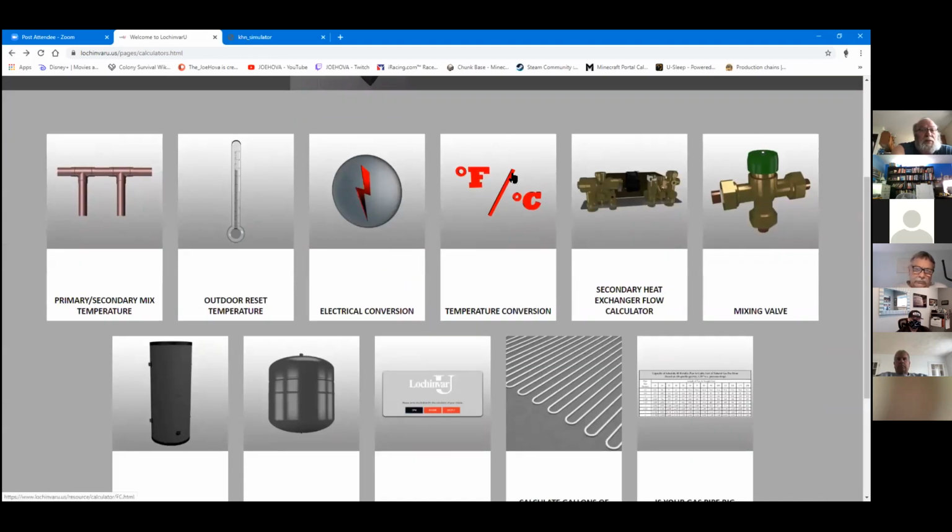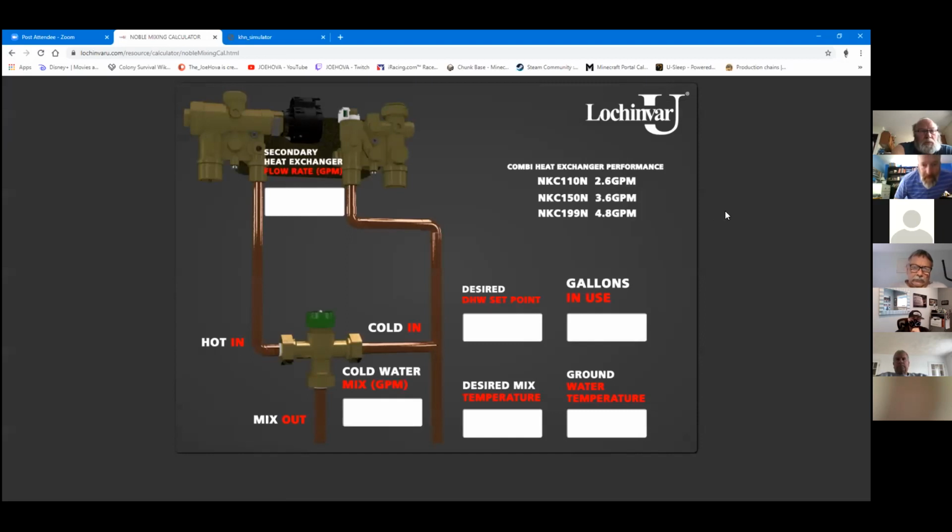Fahrenheit and Celsius conversions. This one's an interesting one. I'm not sure how many of you guys are using the Noble, but if you are using a Noble and you are using a Combi, what we're looking at here is to make sure that we're putting them in the right applications, because we want to sell you a product, but we don't want to put the wrong product in the wrong application. And when people see these numbers right here that are right out of the manual, they're confusing,